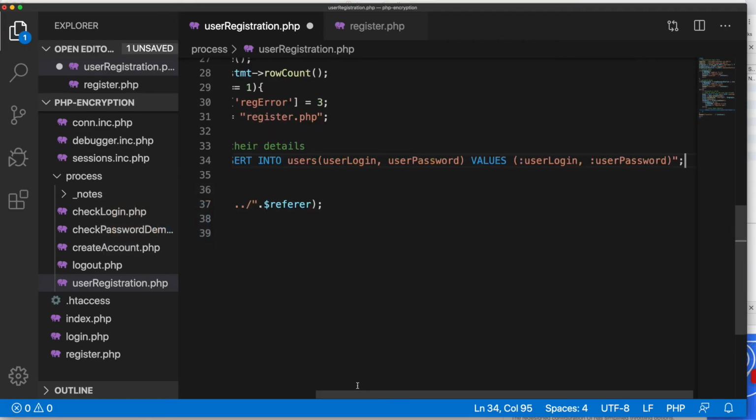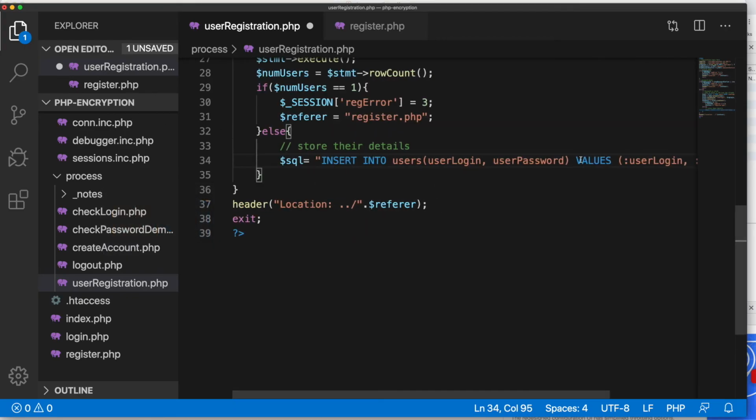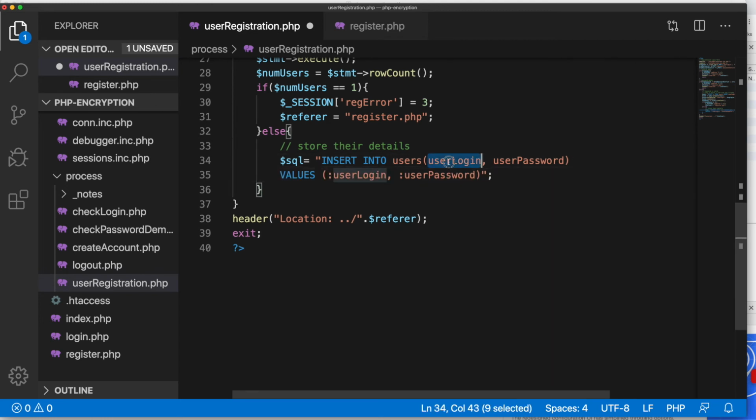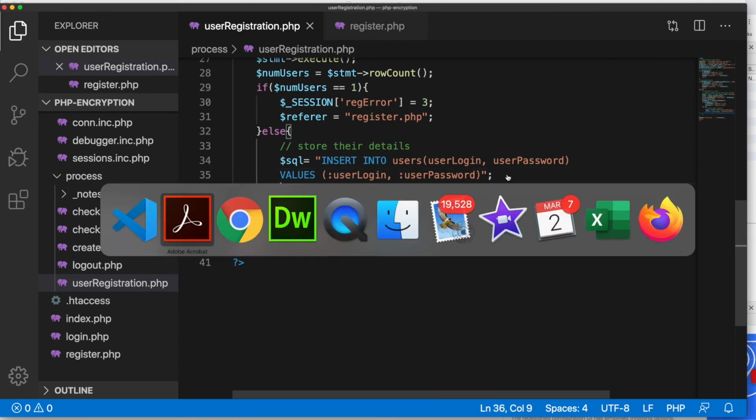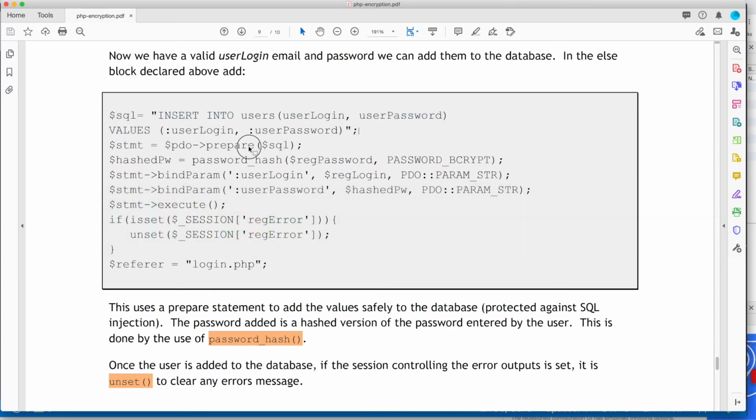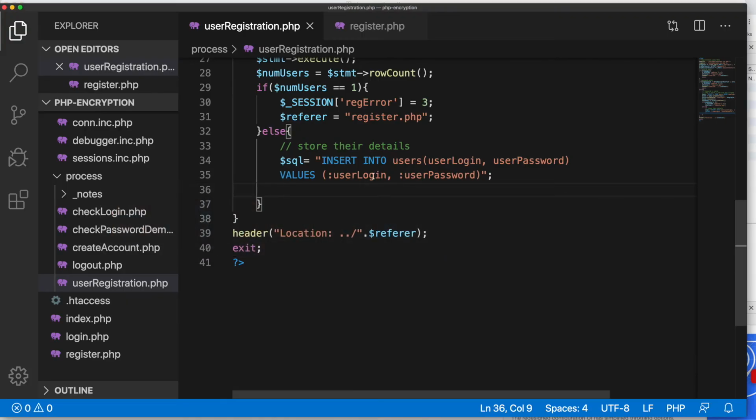So we'll do insert into users, the user login and user password with these two placeholders, so colon user login, colon user password. We're going to use a prepare statement to prevent SQL injection. So we shall prepare that SQL into a PHP statement object,